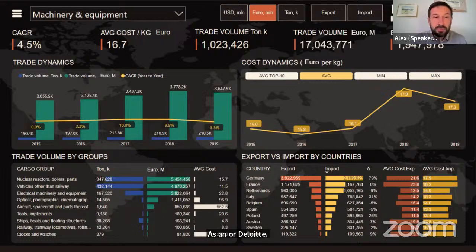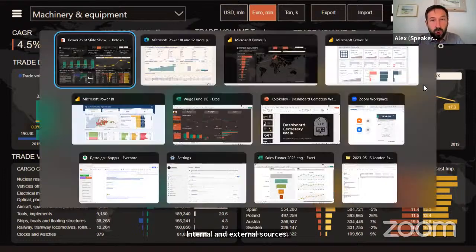The idea of this analytical product was to get data from internal and external sources on international trade logistics. Let me show how it works.